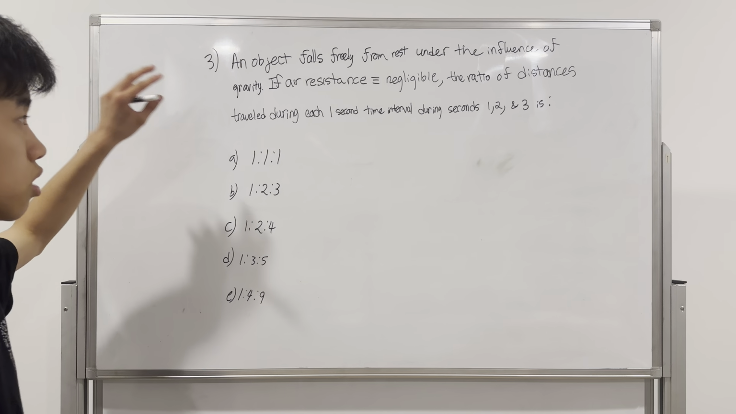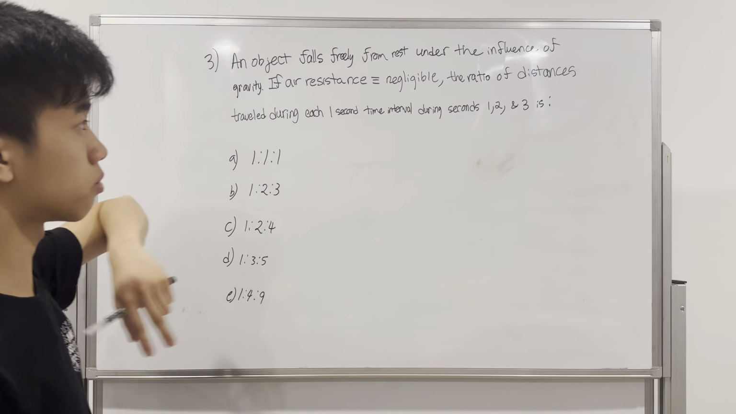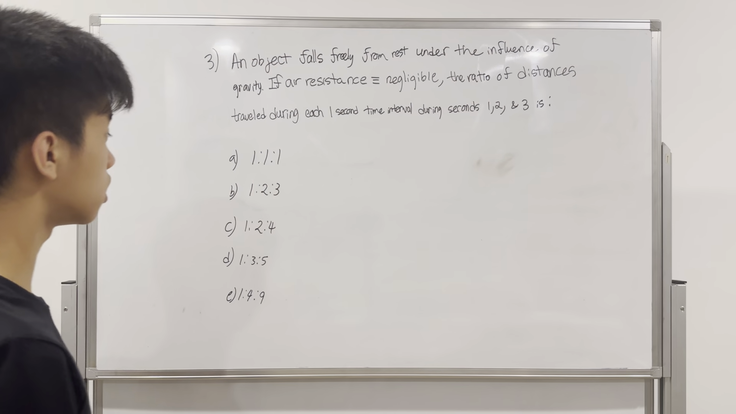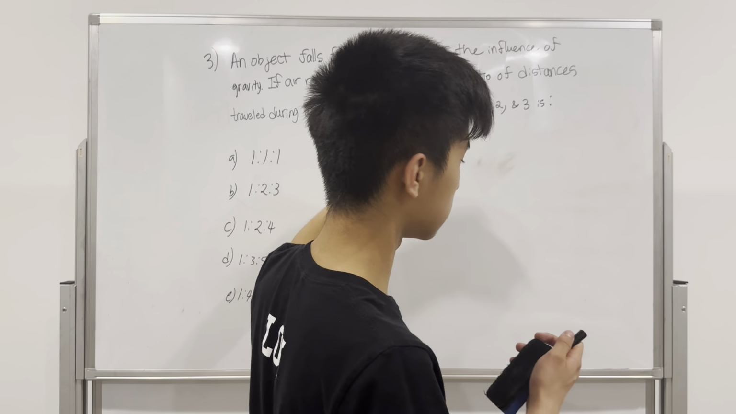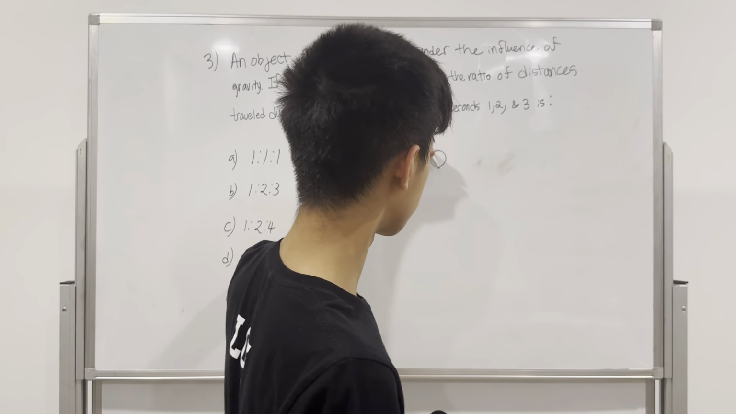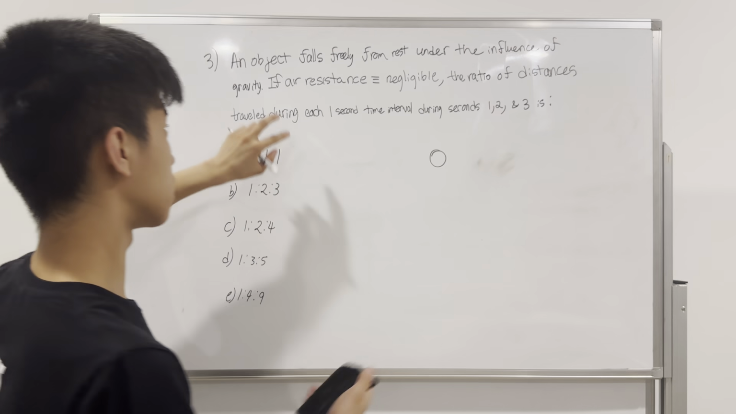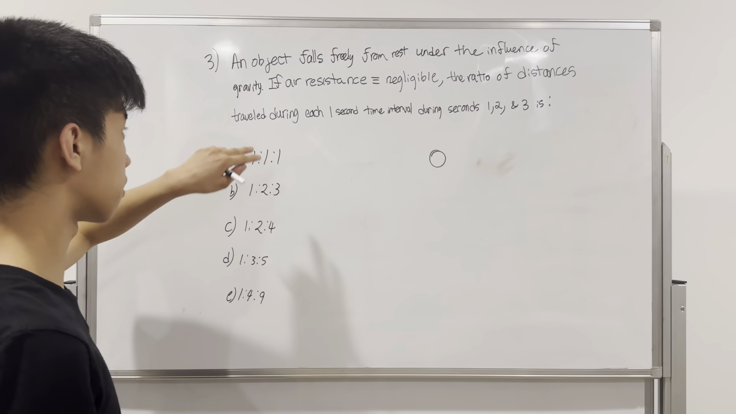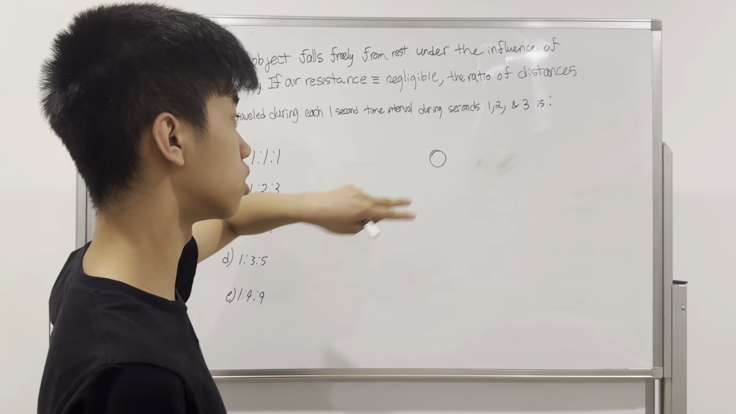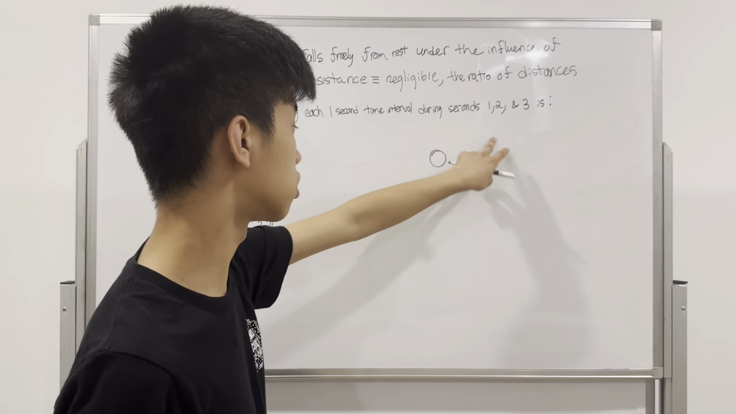An object falls freely from rest under the influence of gravity. Let me just draw a quick diagram. It starts off at 0 meters per second, obviously. If air resistance is negligible, the ratios of distances traveled during each 1 second time interval during seconds 1, 2, and 3 is